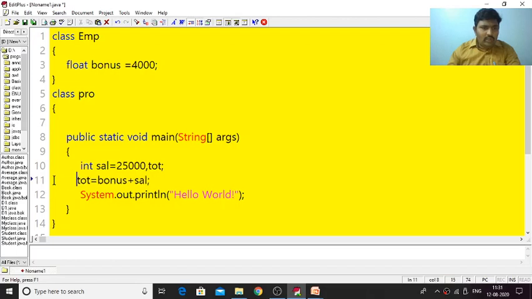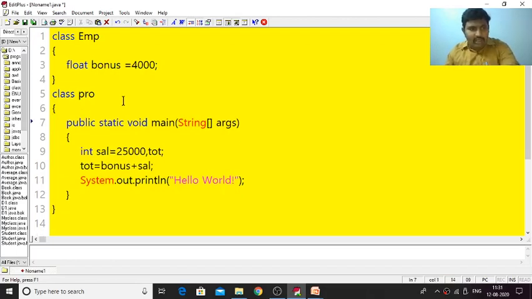But the bonus variable is not in the pro class. How we can inherit it is by using the extends keyword: class pro extends emp. Then automatically the employee variables and methods will be inherited by the pro class.